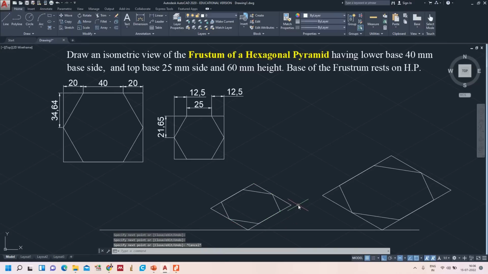Yes, now the frustum lower base is ready, upper base is ready, and now we need to draw the height of the frustum. How? It is 60 mm height, as we all know that a pyramid will have an apex point. All the faces will be connected to an apex point. And now, to determine the center line, generally we used to draw